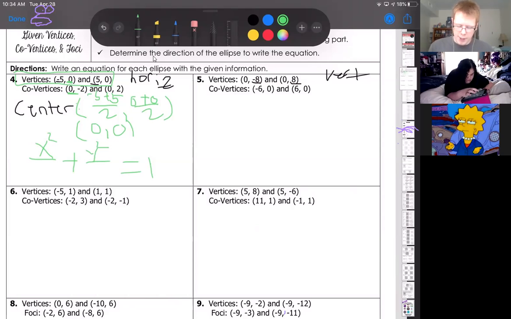To get your denominator, that's where you have to pull out your a and your b. So if you look at your vertices, that's where your a is going to come from. Since it's -5, from your center, that would be 5. So your a would be 5. If you look at your covertices, it's -2 and 2. So your b value would be 2 away from your center. We'll see if your center's not 0, 0, you're going to have to do a little bit more thinking. And since this is a horizontal ellipse, you put the a value underneath your x and the b value underneath your y. So remember, if you look at the original formula though,